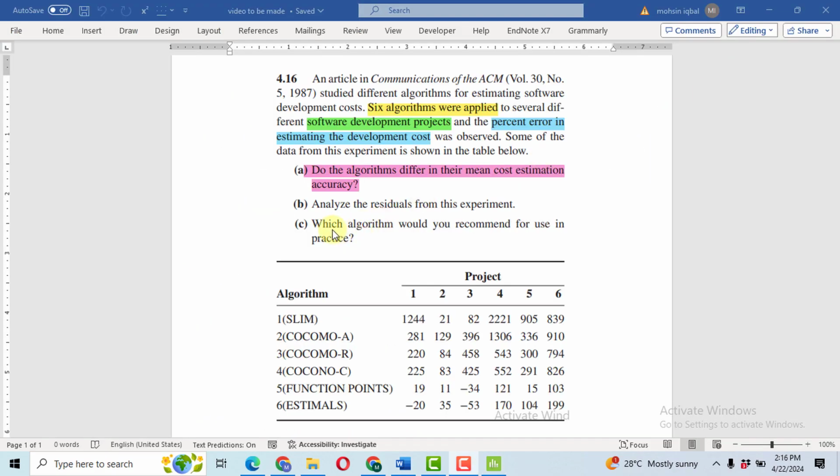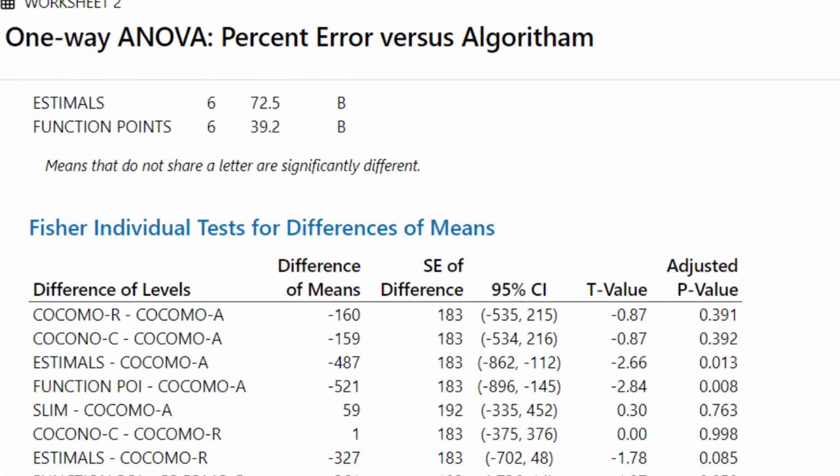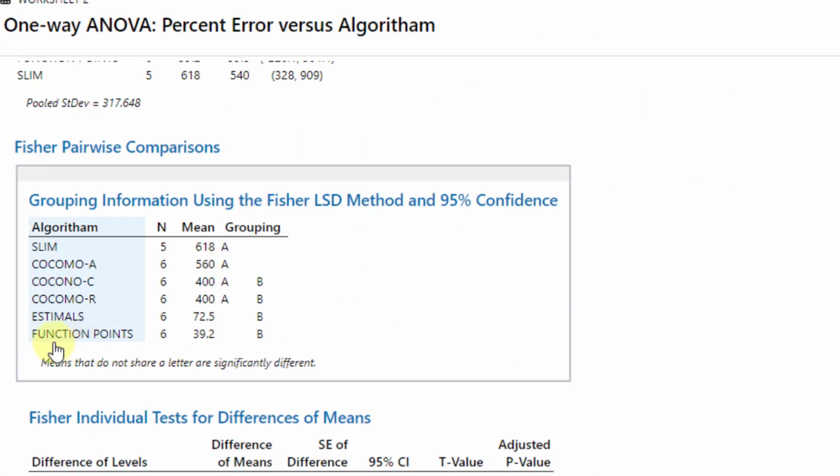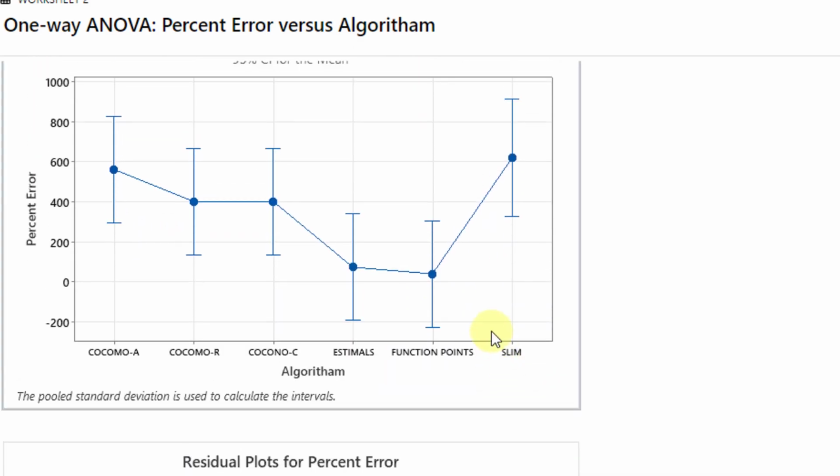Then the last part: which algorithm would you recommend for use in practice? If we go towards the mean values, you can see here that the function point has the least mean. If I come down and use the graph, again the function point has the least mean. However,